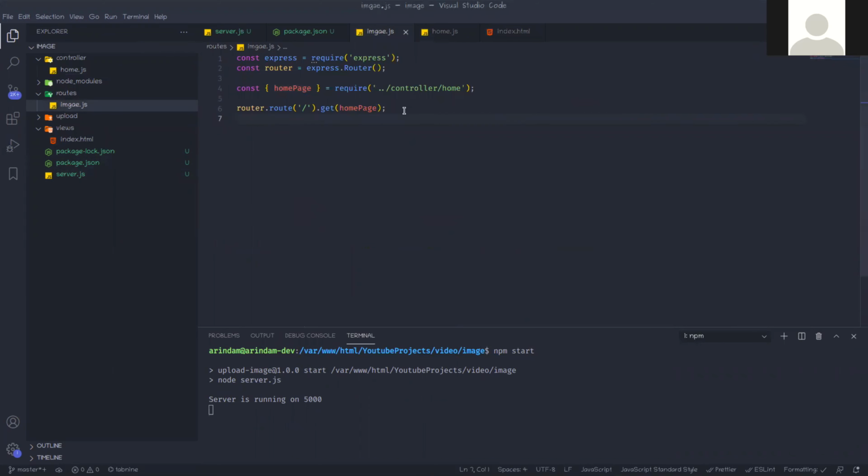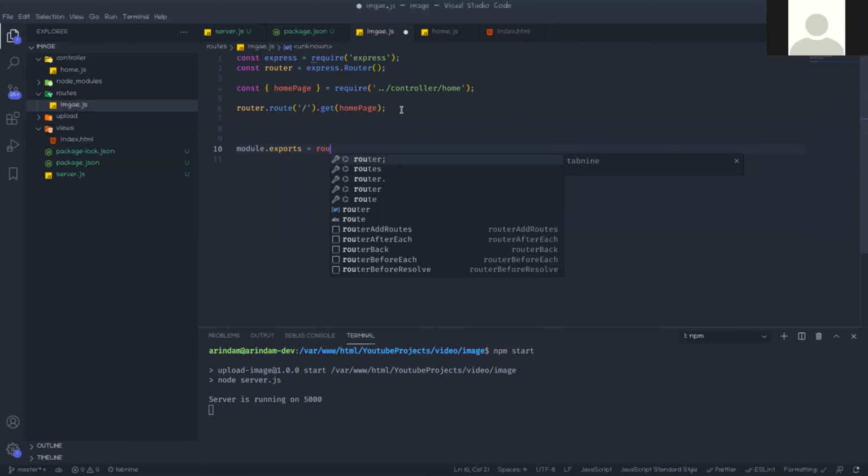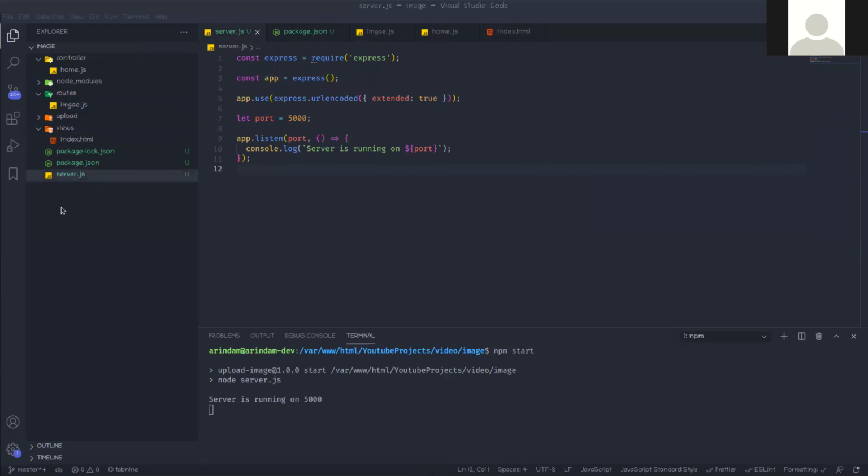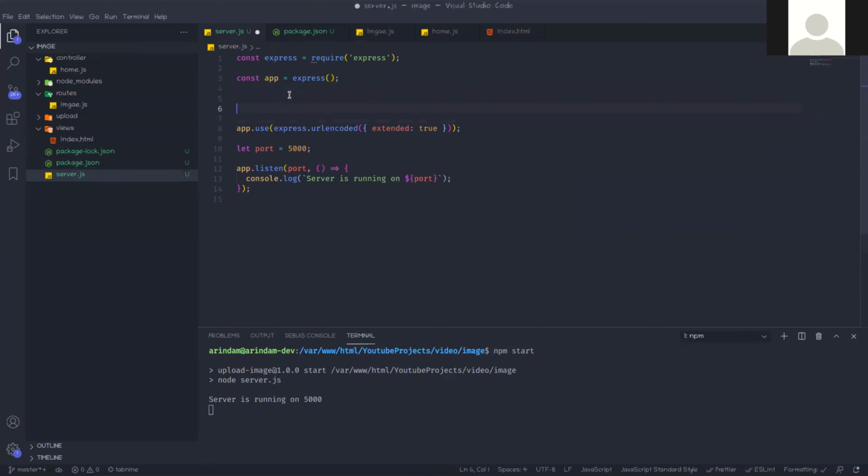Oh, sorry, we didn't export this router yet. So module router, so we already exported, and we need to bring this router into this server.js file, right? So you can bring here const imageRoutes equal to require, and then we need to give the path.